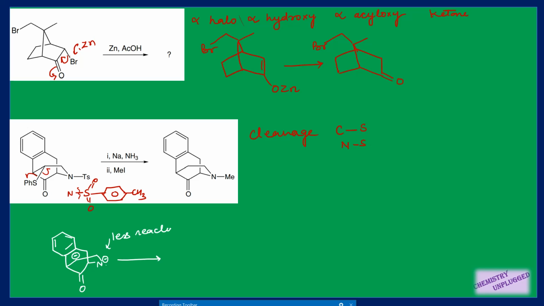So first this negative charge will take proton from ammonium, because we do not have here any alcohol which can provide H for both of these negative charges. So only one negative charge will take proton and you will get structure like this, right? Then we are using methyl iodide in the reaction, so this negative charge will attack on this methyl and I will be removed, so you will get your final product.